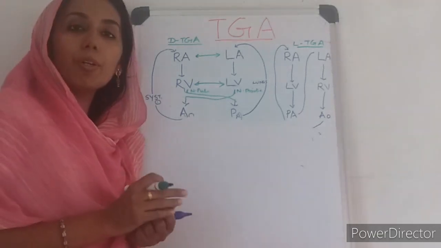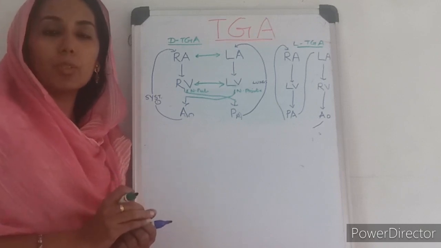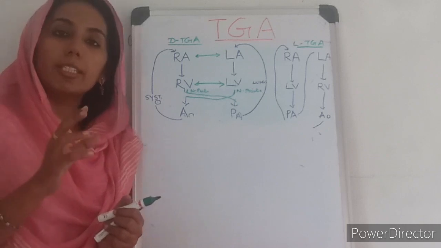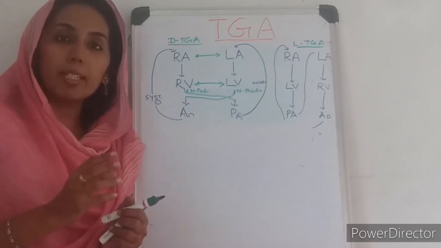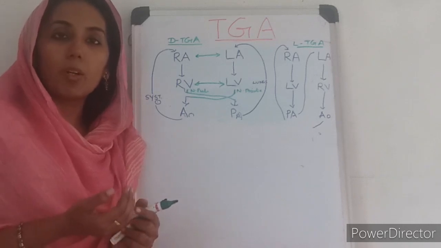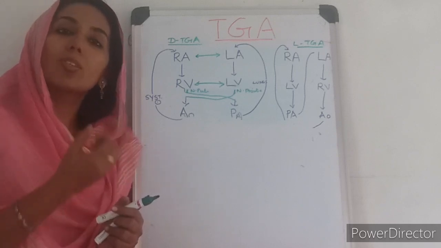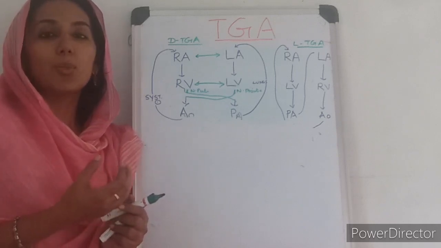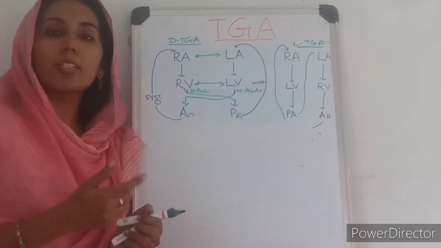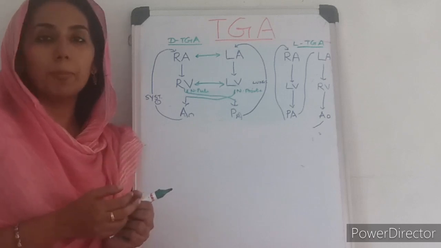And this operation, if we are doing it on a patient with TGA with intact septum, we have to do within 2 to 4 weeks of life. Why so? In the initial TGA, I told you, the left ventricle is connected to the pulmonary artery. As the neonate grows, the PVR, or pulmonary vascular resistance, will decrease. So our left ventricle also will regress in size. Once regression happens and then you go for the arterial switch operation, the LV will not be able to tolerate the load of the systemic circulation.